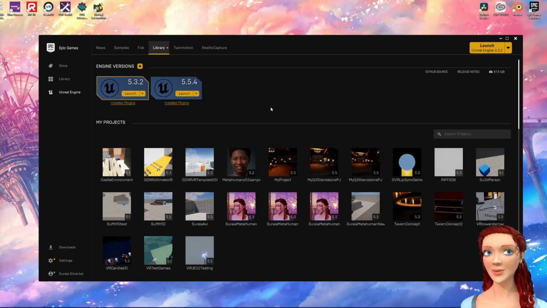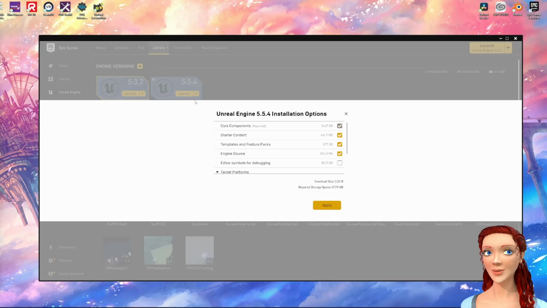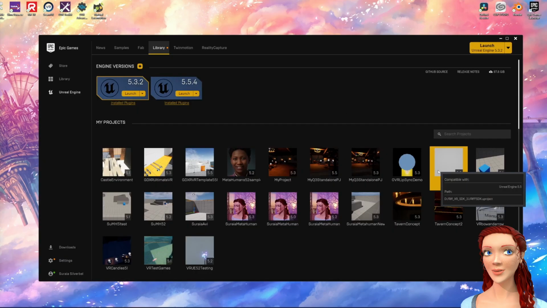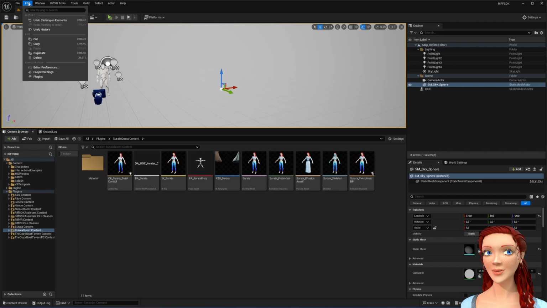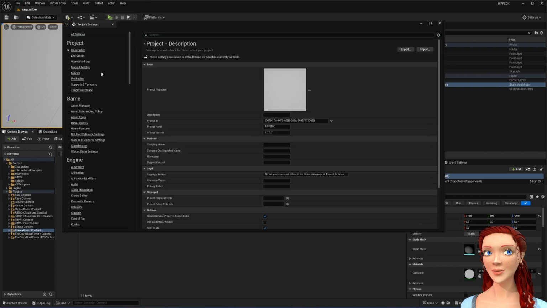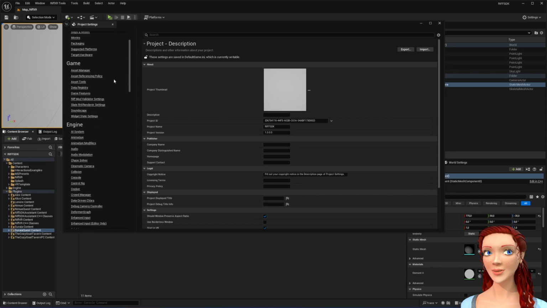Alright, so when we are back here in the Unreal Engine launcher, we will just go and check something. So go to your 5.5. I am currently already at 5.5.4. Select options and scroll down here to make sure that the target platform Android is actually installed. If you haven't done that already, just check it, apply and install it now. And then we can open up our Riff SDK. So if you followed along with the tutorial I linked, then you should now have your Android SDK all set up. So go to Project Settings,